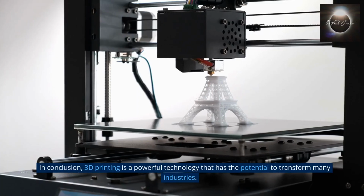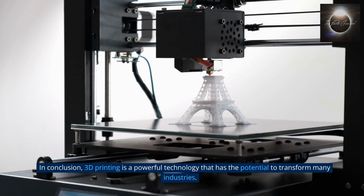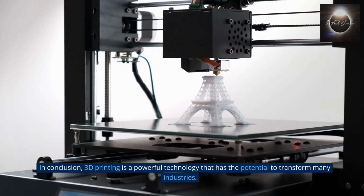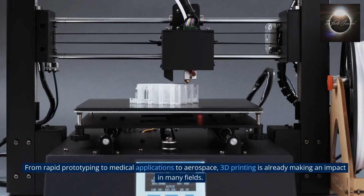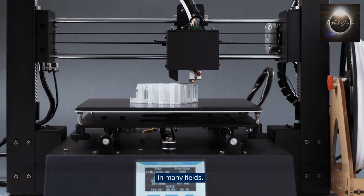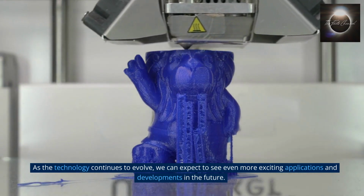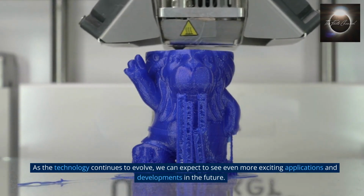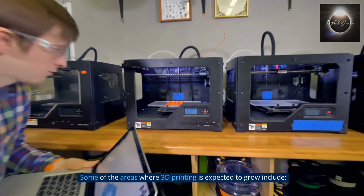In conclusion, 3D printing is a powerful technology that has the potential to transform many industries. From rapid prototyping to medical applications to aerospace, 3D printing is already making an impact in many fields. As the technology continues to evolve, we can expect to see even more exciting applications and developments in the future. Some of the areas where 3D printing is expected to grow include: